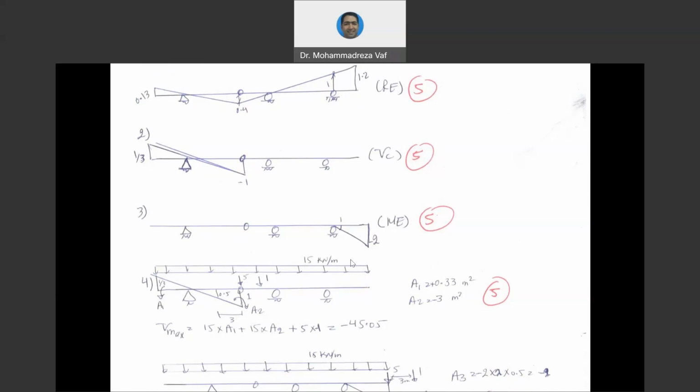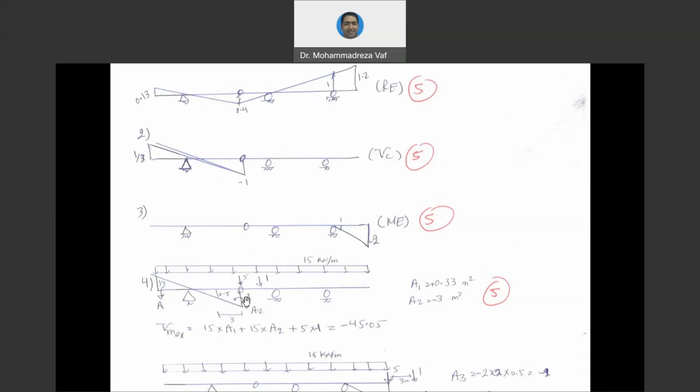Therefore, for the point load, if they want to impose maximum shear force at point C, they should be placed on the negative side of the graph, because from the uniform load, the value of shear force will definitely be negative. And if they are placed on the positive side, they are going to reduce this negative value. So this is why we need to find, on the negative side of the graph, the location that imposes the maximum